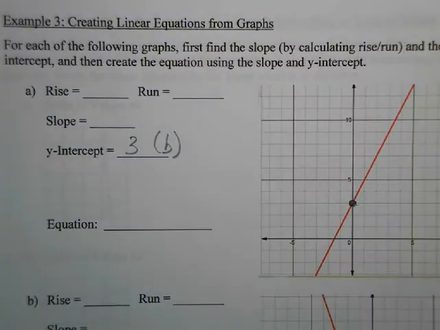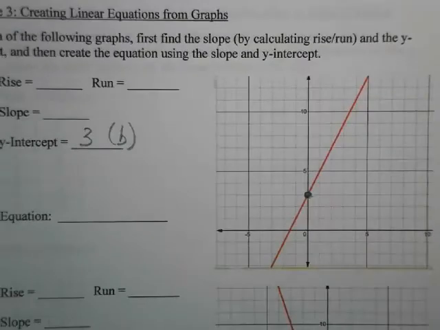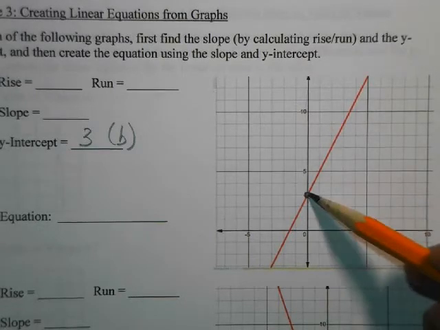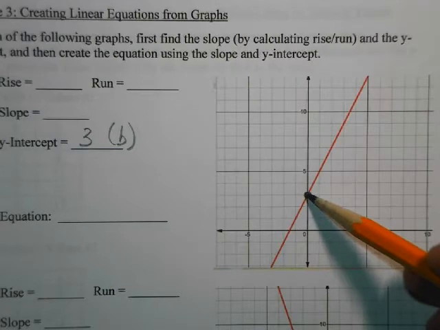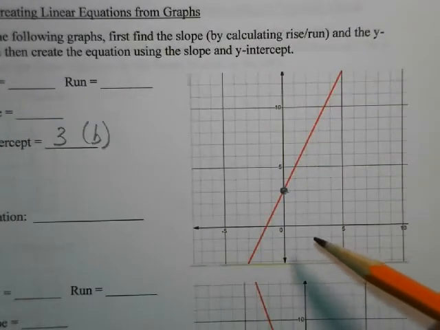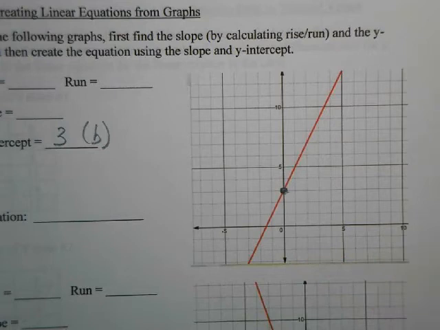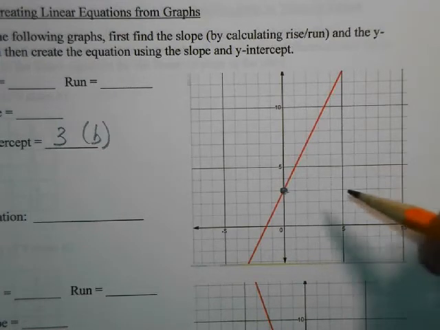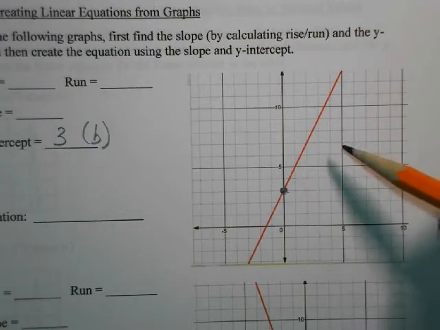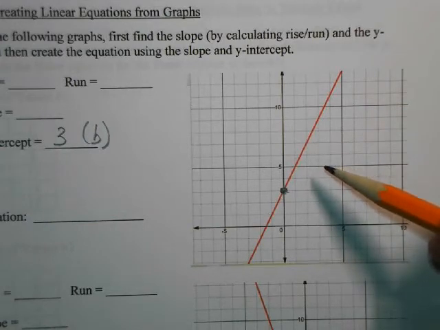Okay. Now, to get the slope, we actually have to find 2 points on the line. Well, you know what? We've already got one. We got that y-intercept. It's a point on the line. So we want to find another point. You have to be a little careful with this because not all points are good points. You want to find a point that is going to have integer